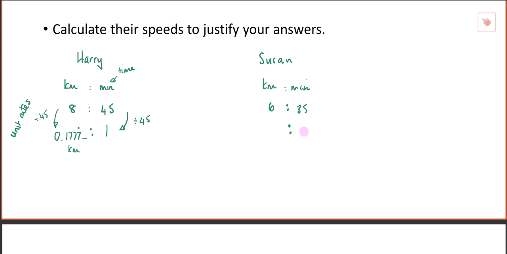So what do I do to Susan's then? I need 1 as well because this is my time. What do I do? Multiply or divide? Sam? What do I do here to work out Susan's distance? Do I multiply or divide? What by? Okay. So then we would do 6 divided by 35 and we would get